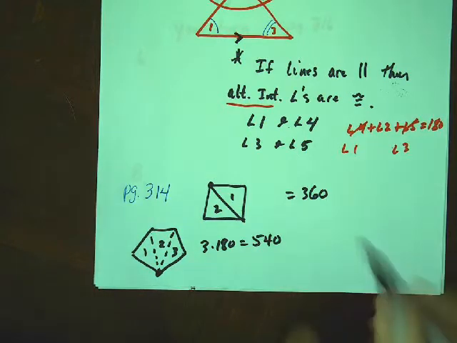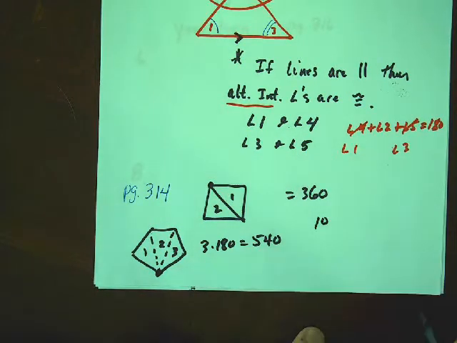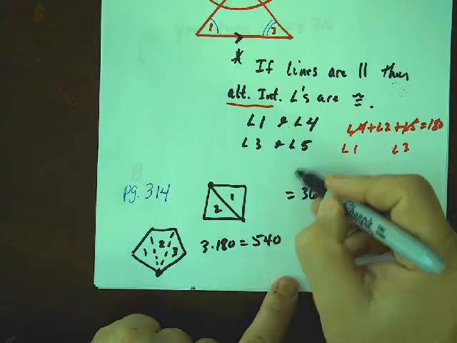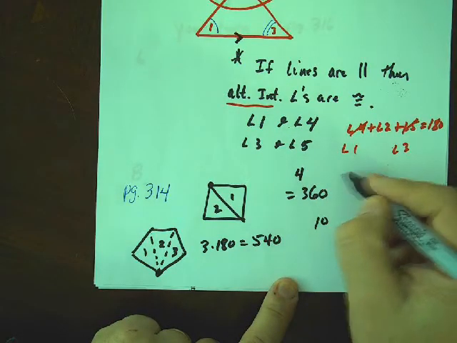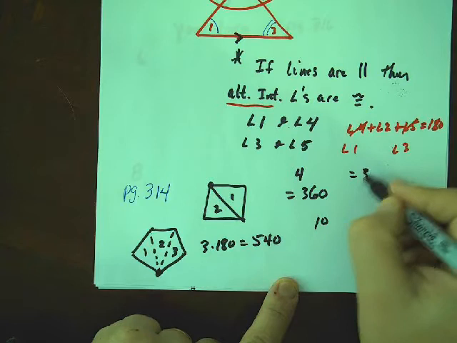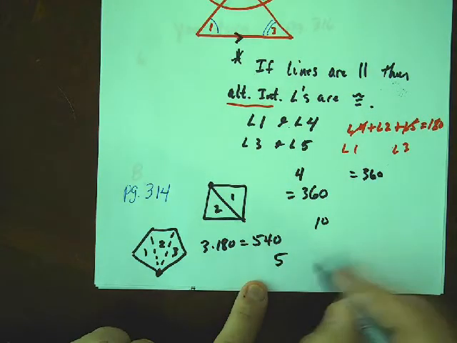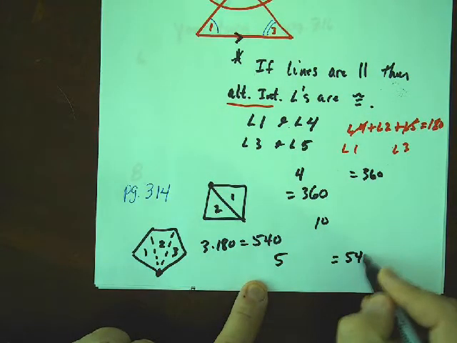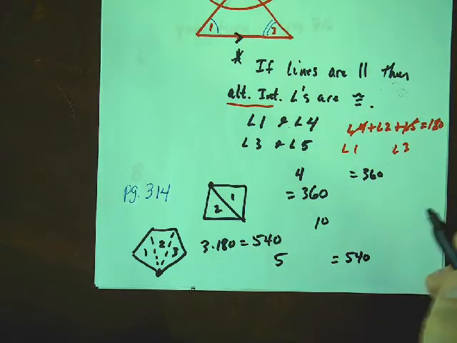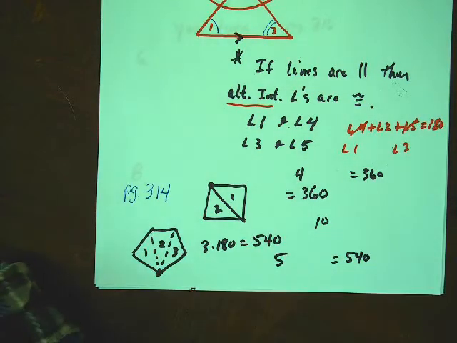So it would not matter. What if we had a 10-sided figure? If you've noticed here, we had 4 angles and we ended up with 360. Here we had 5 angles, and we ended up with 540. There's an equation there. Right? So if you turn in your book to the page